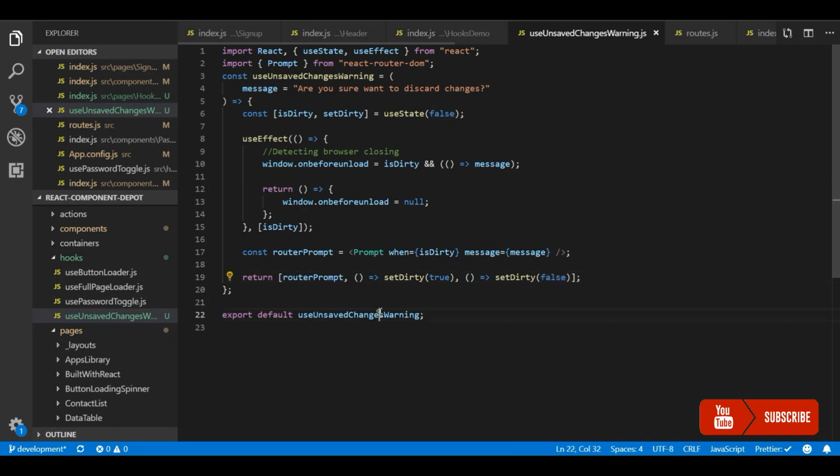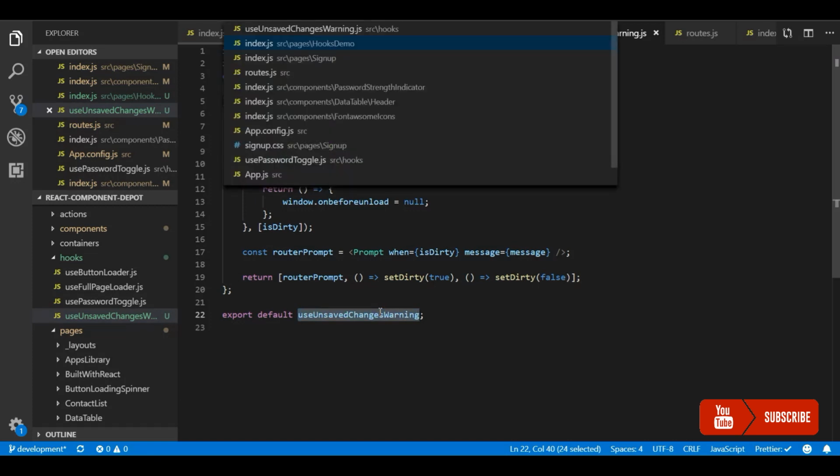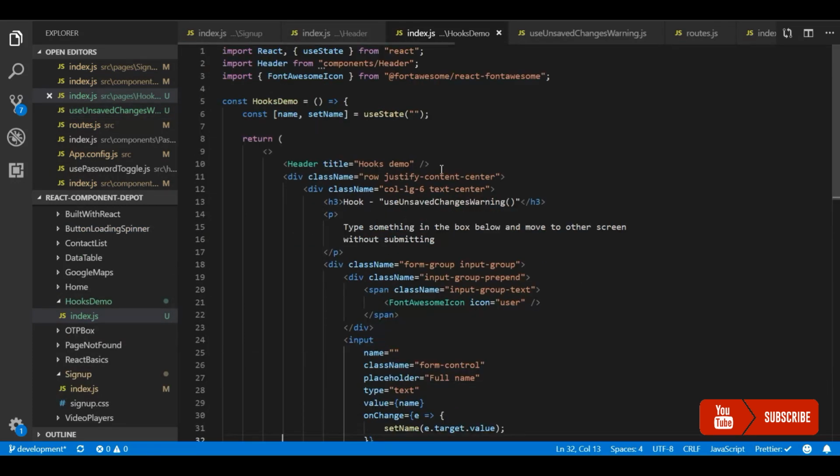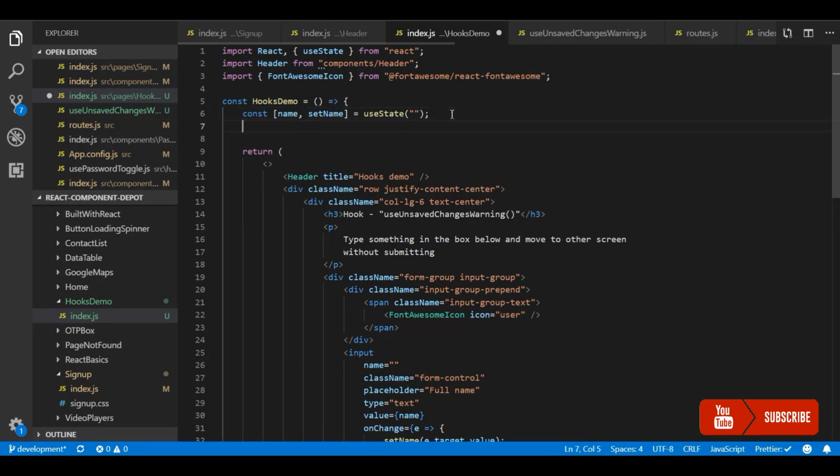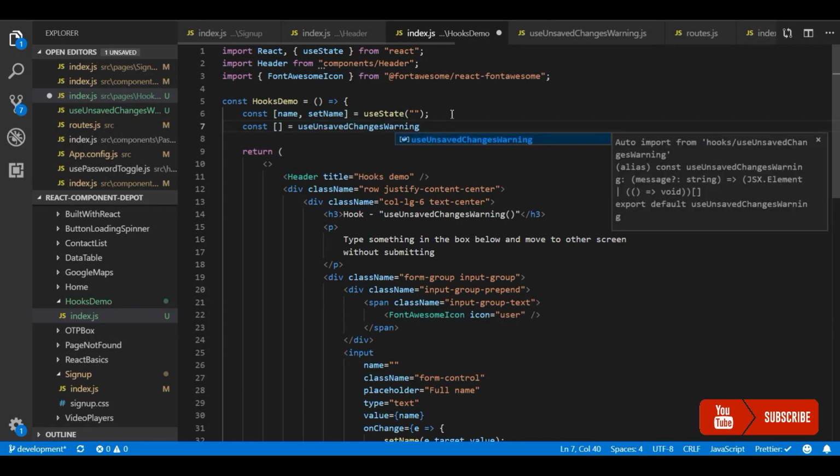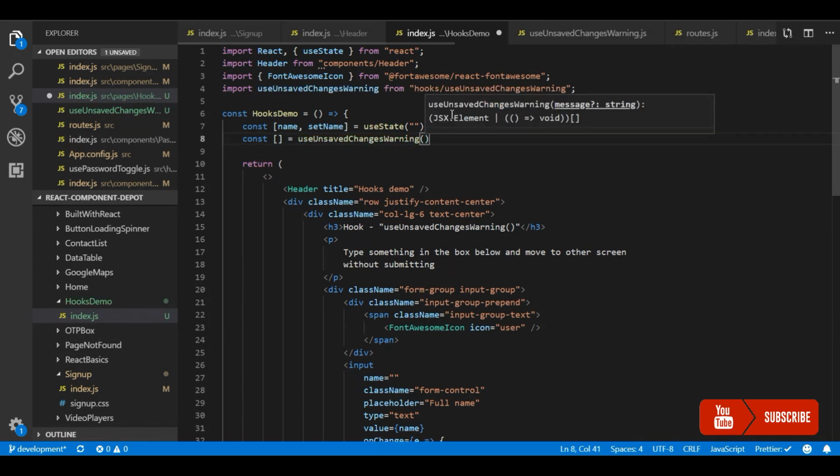Now I just need to go back to the component and use this hook. So let me import the prompt component and two callback functions from the hook. If you want to send a custom message, you can pass it as a parameter, but let me use the default message.